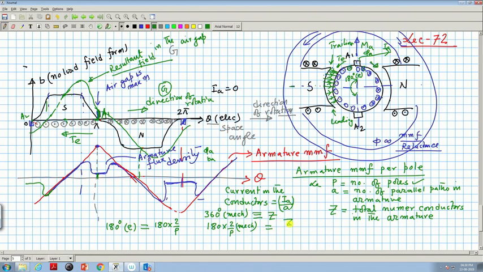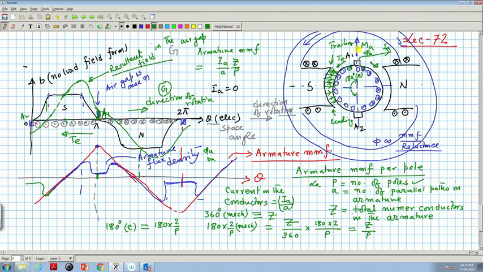It will be Z by 360 into 180 into 2 by P, that is equal to Z by P. Therefore, armature MMF will be equal to current flowing through the conductor I A by A into Z by P. This will be the armature MMF,